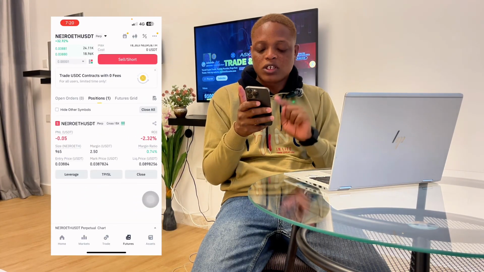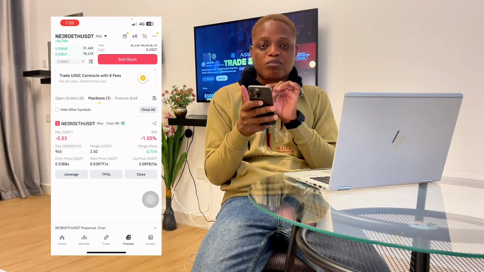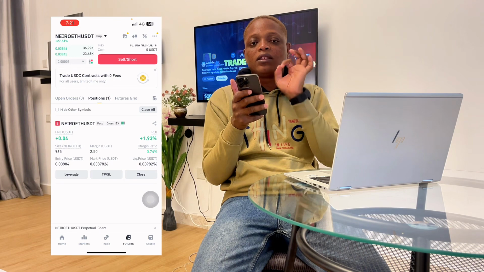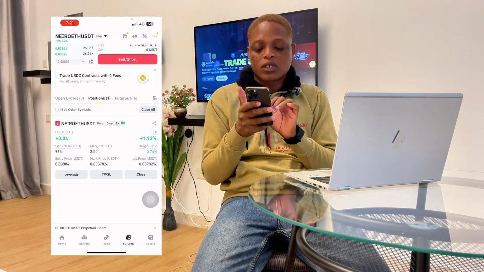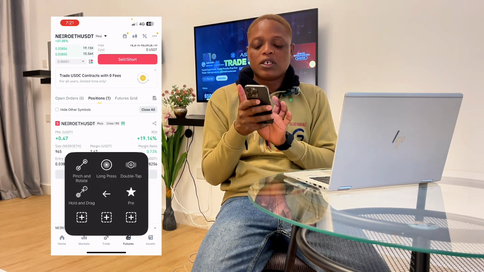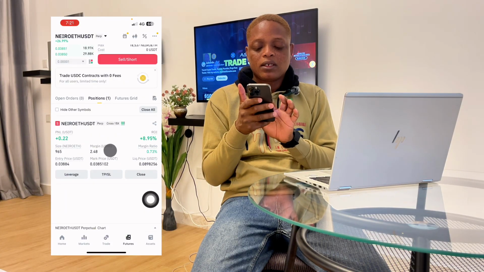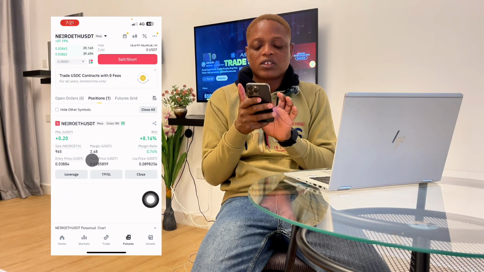So because we are using a market order, that's why the trade has appeared on the positions. If we were using a specific entry, then we will use a limit order. So now I want to explain this particular place to you. You see, this is the amount that we have invested in the trade,